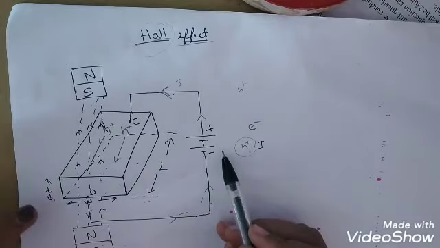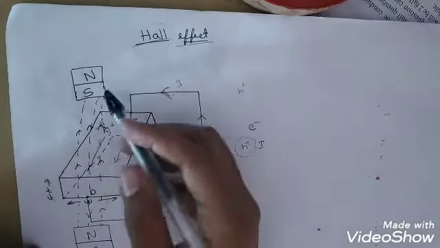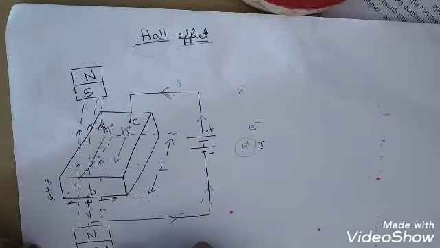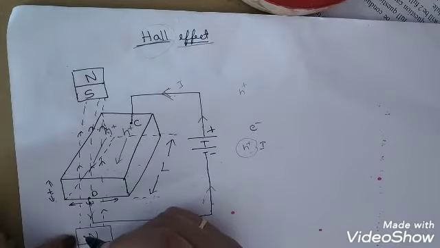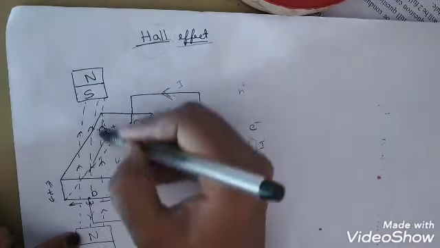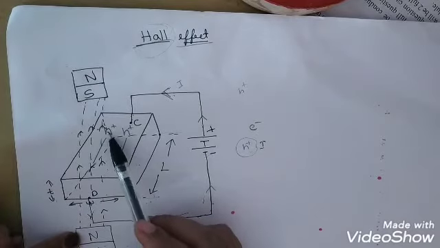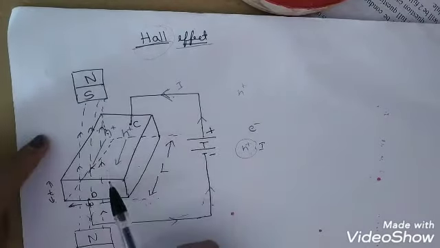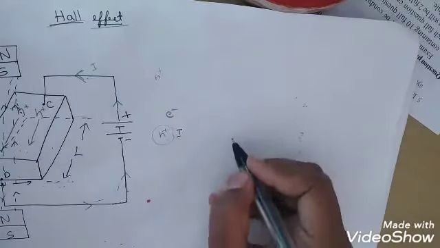If we introduce a magnetic field, by placing two magnets, one on top and one below, what will happen to the hole movement? The magnetic flux lines will always flow from north to south, so this is the direction of the flux lines. Now we have to understand how the holes move under the influence of both the electric as well as the magnetic field. For simplification, we consider what exactly happens in the semiconductor material.